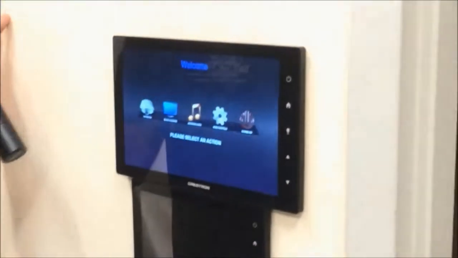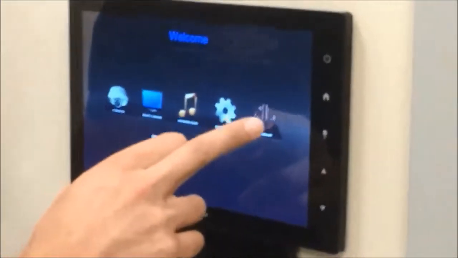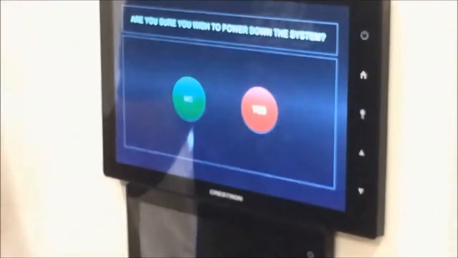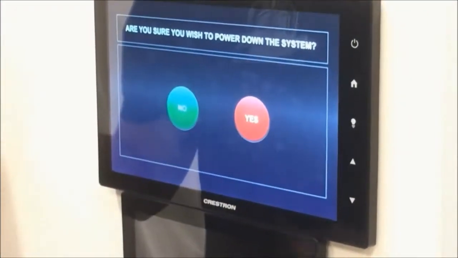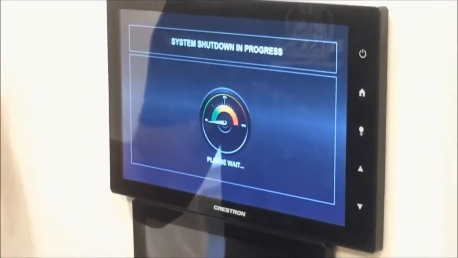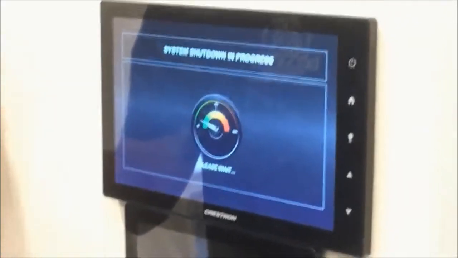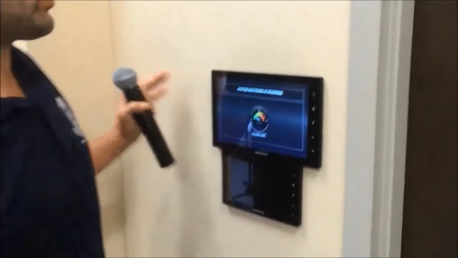To turn the system off, again, you'll want to hit the system off button right here. Do you want to power down the system? And you say yes. And that will turn off all your video, all your audio, and then take you back to square one so you can really get